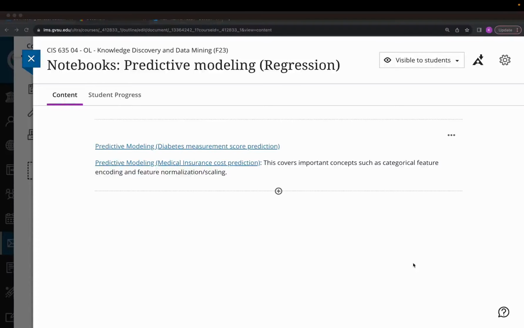Hi, in this lecture, we will be continuing our discussion on predictive modeling, especially regression analysis and modeling. If you went through the diabetes measurement scoring prediction notebook that we have shared earlier, that was a regression task. This lecture is mostly about another notebook that we have shared already through Blackboard, and it's on my GitHub. So this is about the medical insurance cost prediction,